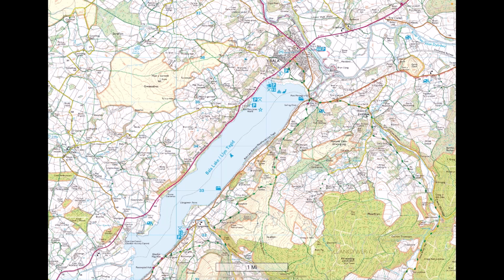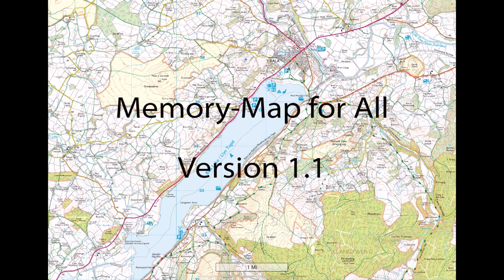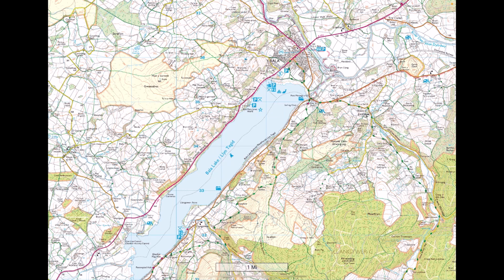So I'm going to show you some of the new features for Memory Map for All version 1.1. And we've got quite a few new features that we're quite excited about. One of them is the altitude settings and the ability to calculate your total ascent and descent on a track